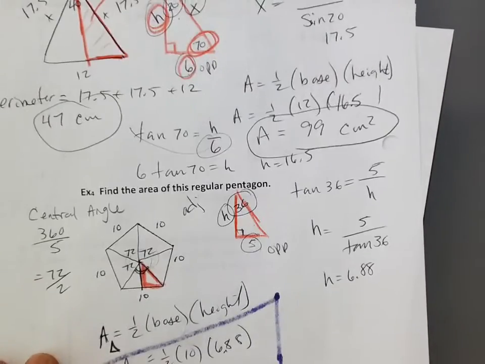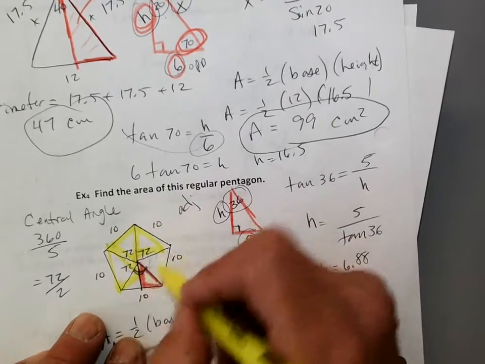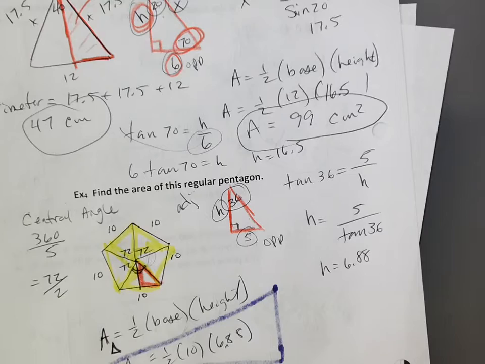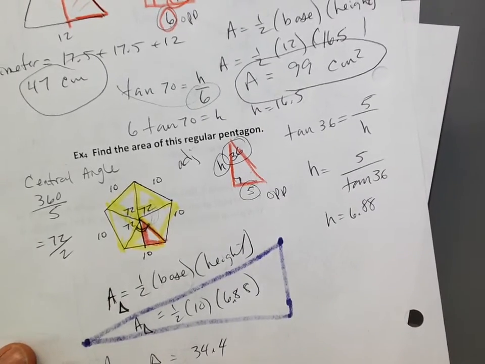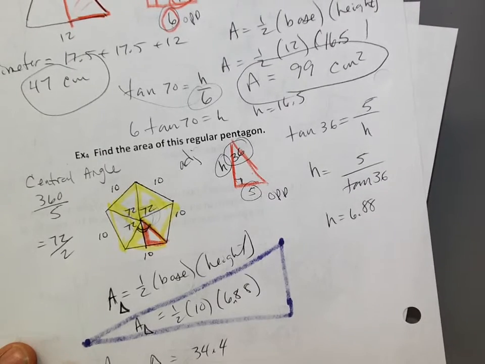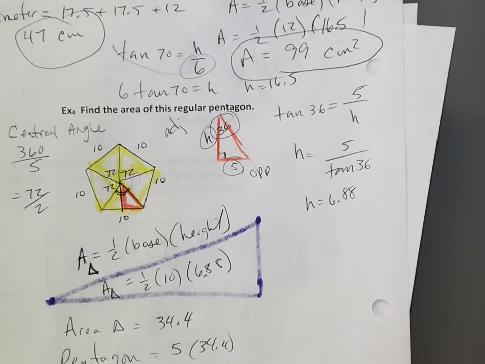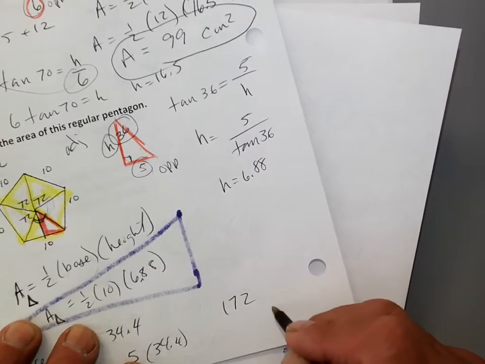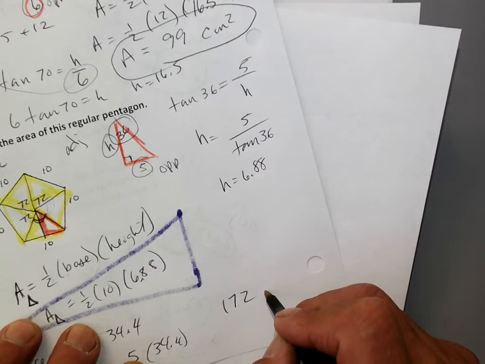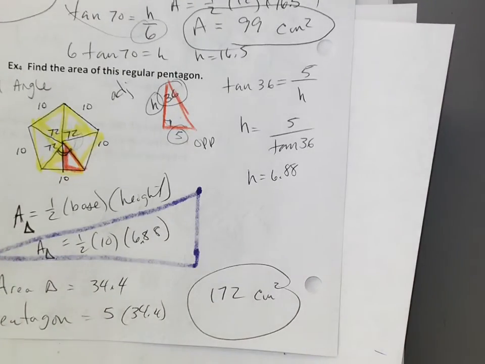Let's go back to the original figure. How many triangles are there? There's 1, 2, 3, 4, 5, right? So let's just times this by 5. If I want the pentagon, I'm going to go 5 times my 34.4, and I get a grand answer of about 172. And that's in terms of centimeters. Is it centimeters? I never said. Let's just call it centimeters. Okay, centimeters squared. Thumbs up. Okay, now, find